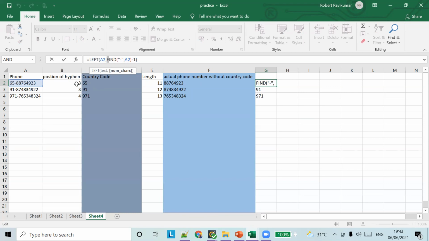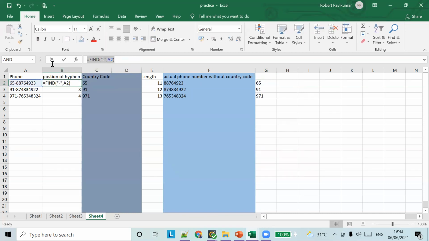Here, FIND hyphen comma A2 is already provided in the other column, the same thing. But instead of using a separate column, I'm putting the formula directly here. So this is another example where we can pass a formula inside a formula itself.